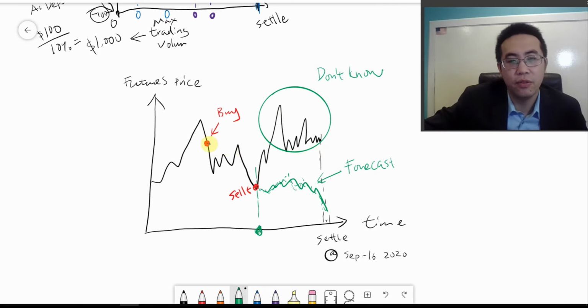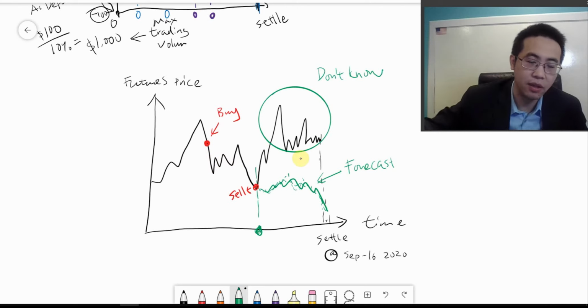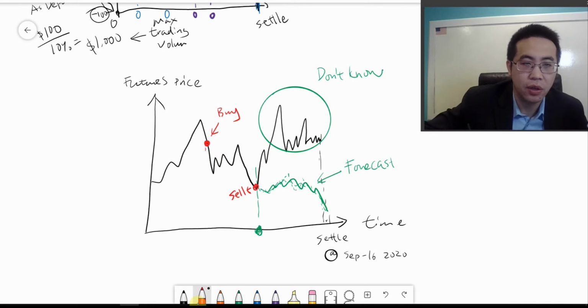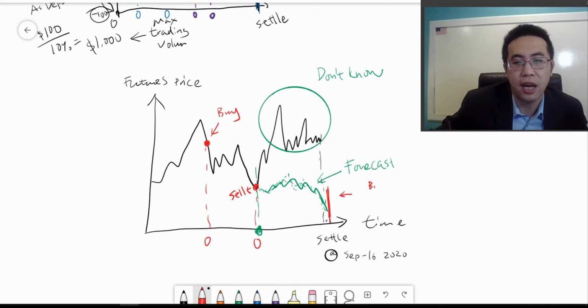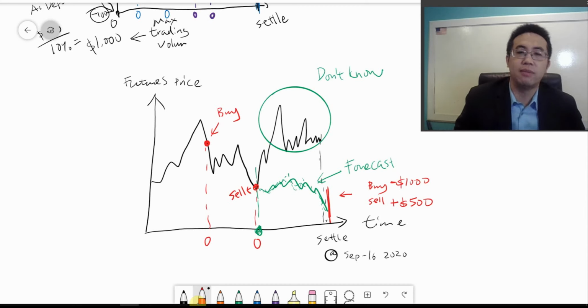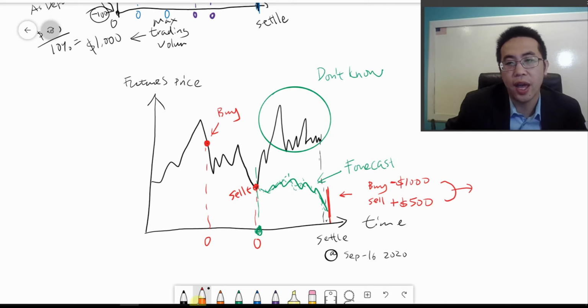Okay, so if you take a look right here, if you buy, once again, there's no cash flow here. If you sell, there's no cash flow here. But you do have to make the settlement at the settlement date, which requires you to buy and sell simultaneously. It's a two futures contract. You buy, you pay 1,000 US dollars, or the equivalent amount of euros, and when you sell, you can only sell at 500 US dollars for the same amount of euros you purchased. So if you buy, you pay the money. If you sell, you receive the money. And altogether, you have a negative